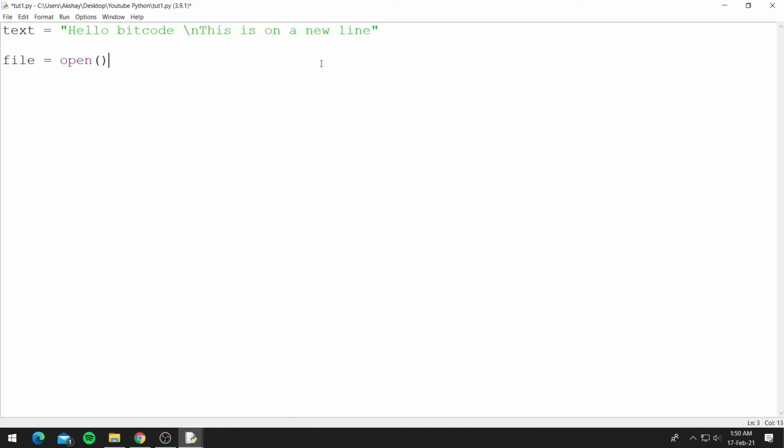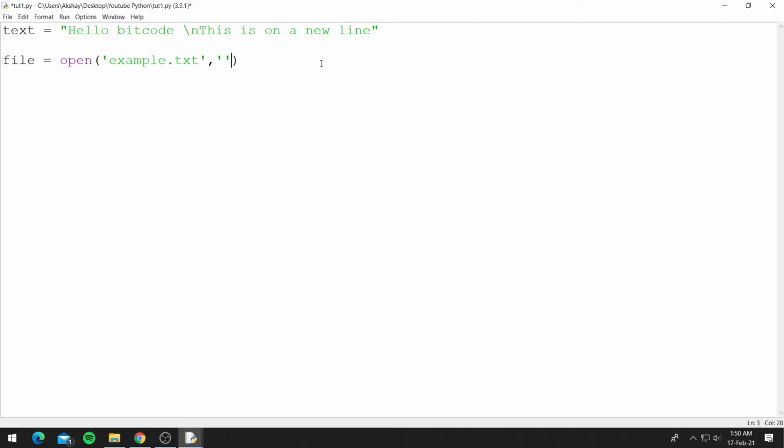This is a built-in function and it takes two parameters. First is the file name, so let's say example.txt, and the second parameter is the mode. There are three main modes: writing, appending and reading. So W is for writing, A is for appending and R is for reading.